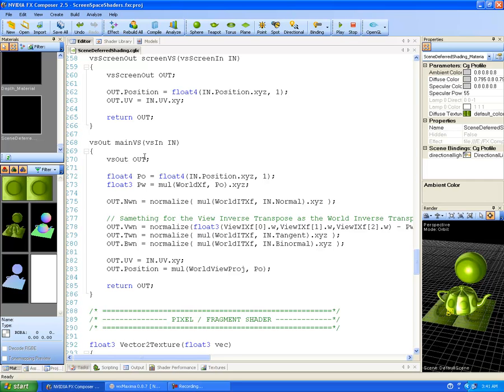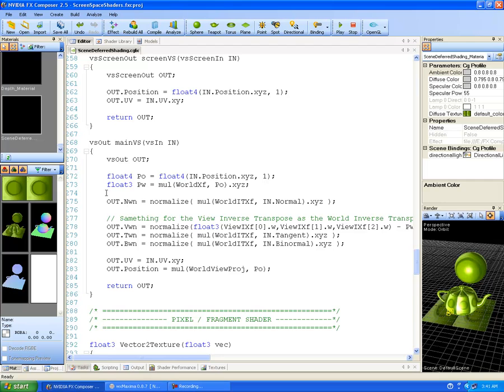Alright, so we have float4 PO, which is the position of our points in object space, equals float4(in.position.xyz, 1); and this is what? This is going to give us our positions in a homogeneous coordinate system. Great, but we also need it in world space coordinates for position. Why? Because we're dealing with world space coordinates for this overall thing, so everything can communicate together on the same